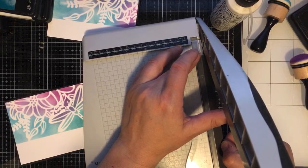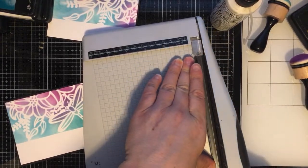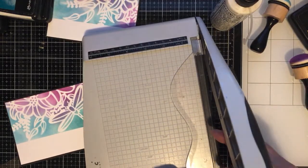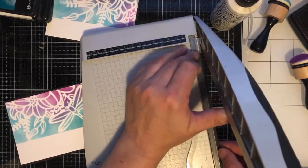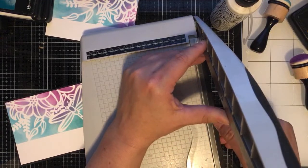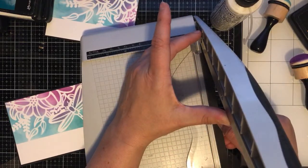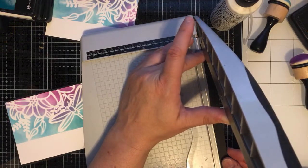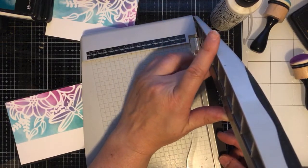Line it up right at the edge. Trimmer. And I'm going to try to do that one more time. Sorry if I'm off camera a little bit. Just lining this up in the...